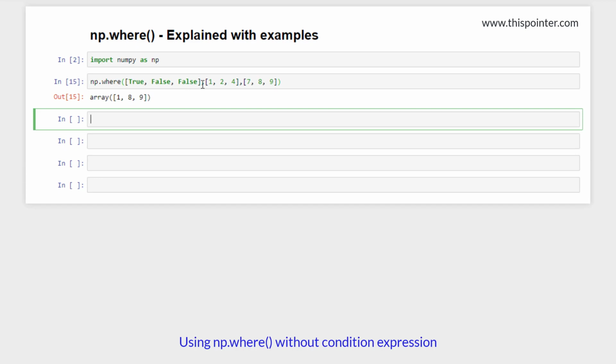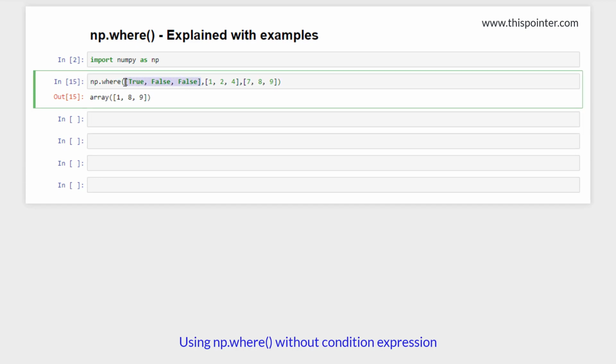Here instead of passing a condition expression, we passed a Boolean array as the first argument. So the NumPy where function will iterate over this Boolean array, and for each true value it will pick the entry from list 1, and for each false value it will pick the value from list 2. So here in this case it picked the first value from list 1 and the second and third values from the second list to create a new NumPy array.